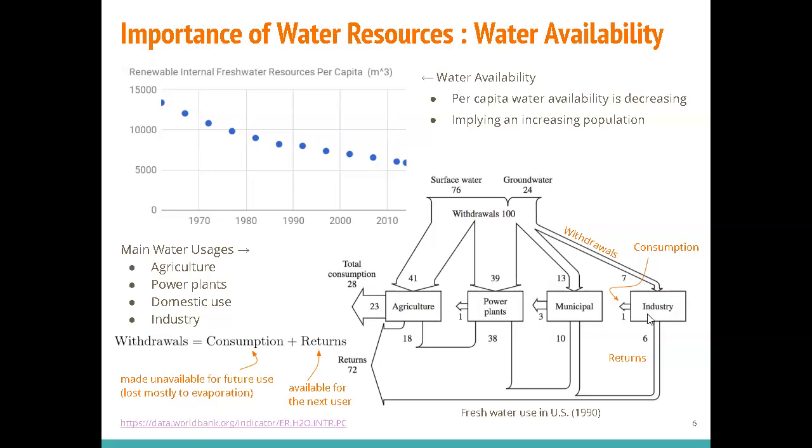So the things that you're wearing on your body, the clothes that you're using, the industries or factories need to use a lot of water to produce just one shirt that you're wearing right now. So if you think that you are not using a lot of water, that's wrong. Every time you buy something, you are already using the resources on the earth. And power plants, we talked about this, the thermal pollution, right? Also agriculture, of course, for irrigation. And after we are done with the water, it's not gone, right?